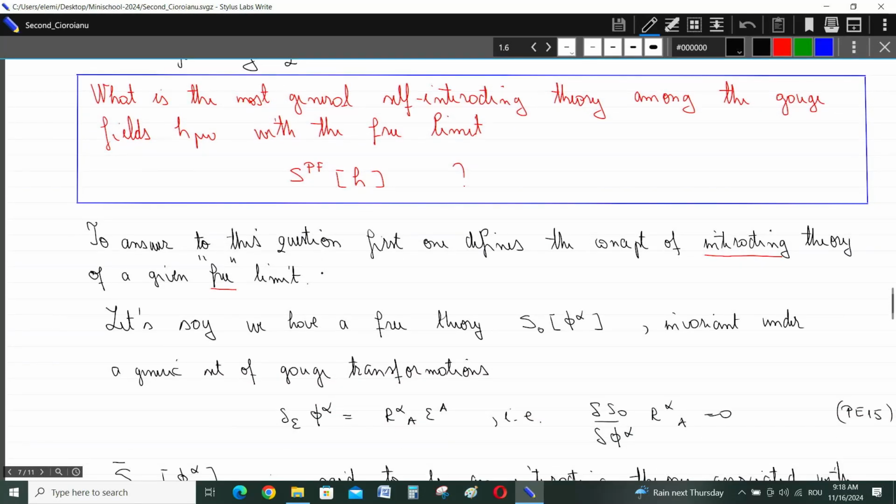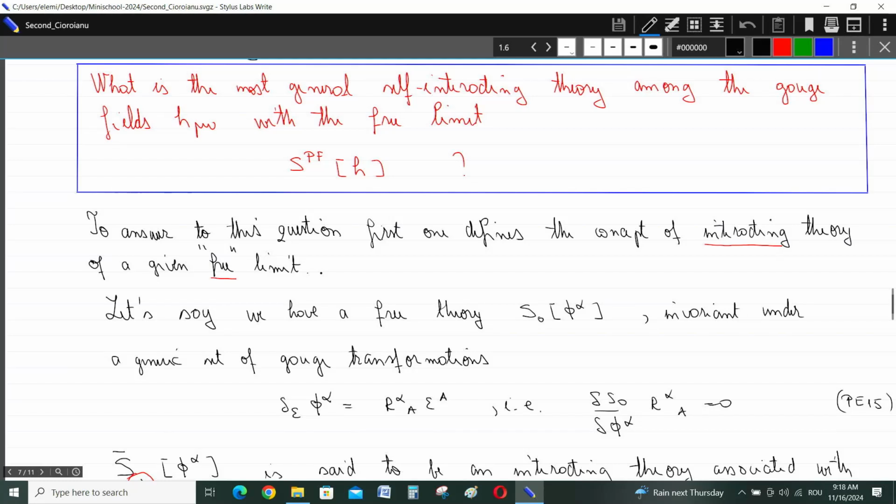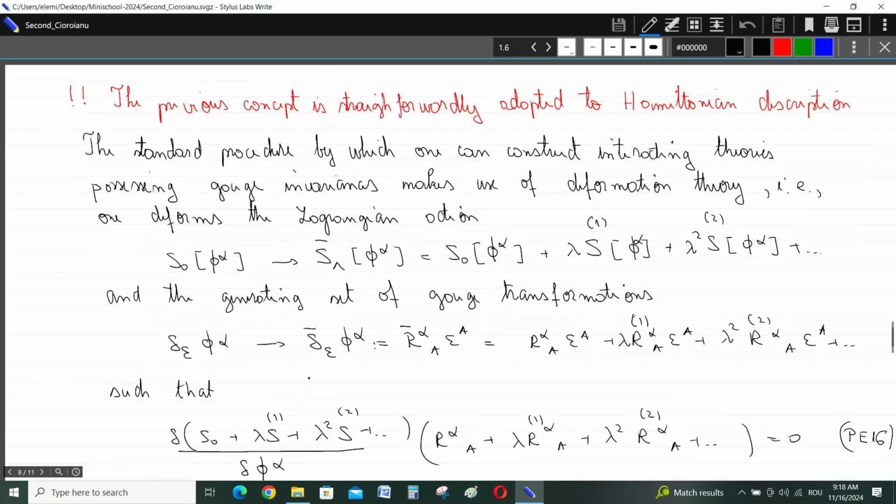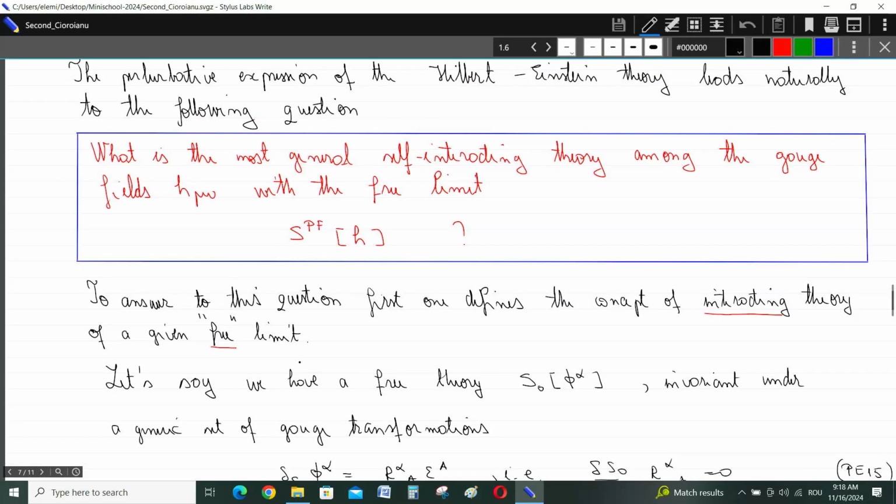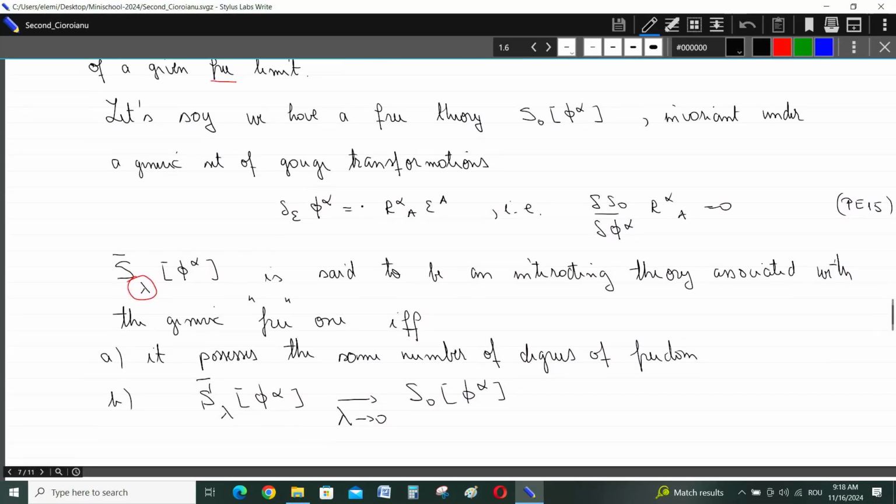And to attack this problem, we have to address the problem of constructing consistent interactions for a field theory comprising only gauge fields. This means that we are starting with a free theory